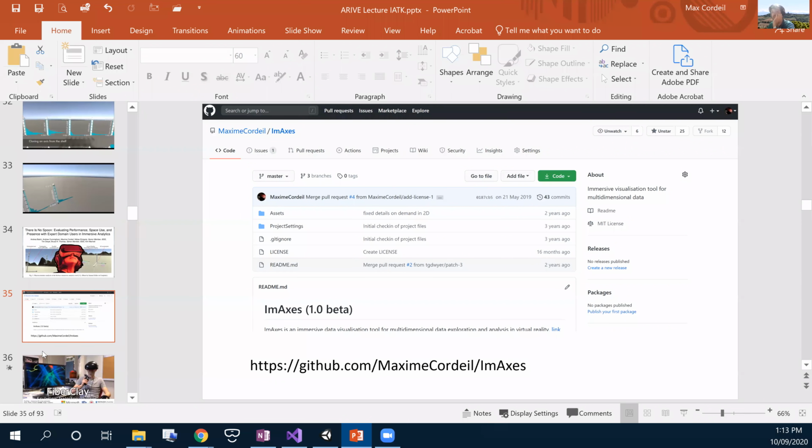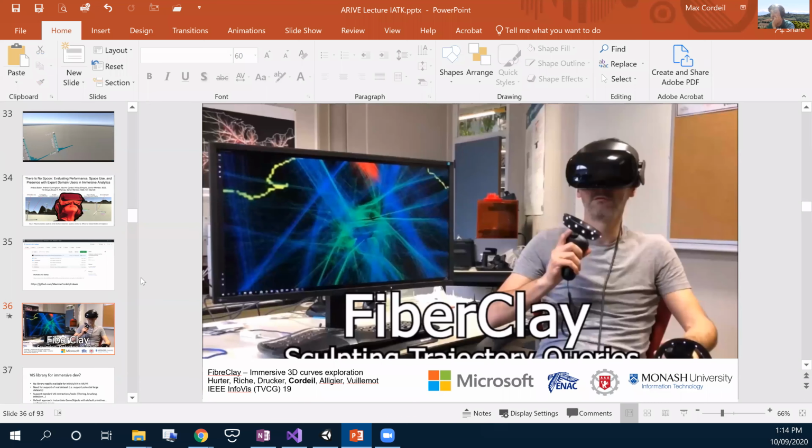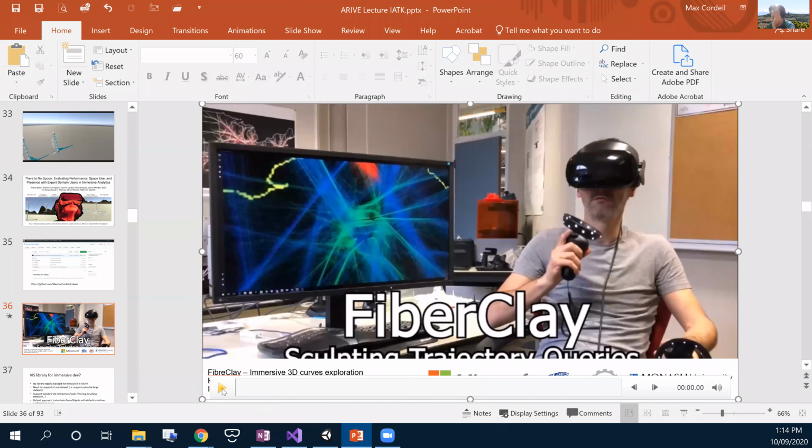You can download it if you want to play with it. It's working with Unity 2019. And if you have an AR or VR headset, you can even do IMAXs in AR, it works well too. And this is another work of abstract visualization, and I'll go very briefly onto it to explain the problem